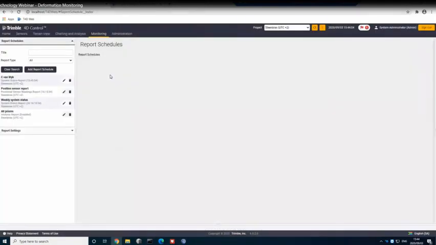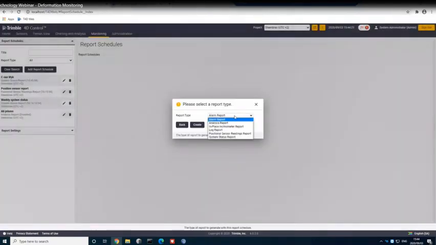And then a nice function that you can use also is reports. For instance, you don't have to come in every day and look at the system to see what the sensor data flow is or what the charts look like. You can actually get it sent to you at a specific schedule. So I can say add the report schedule, and let's say I want to see my system status once a week. So I can say create this,